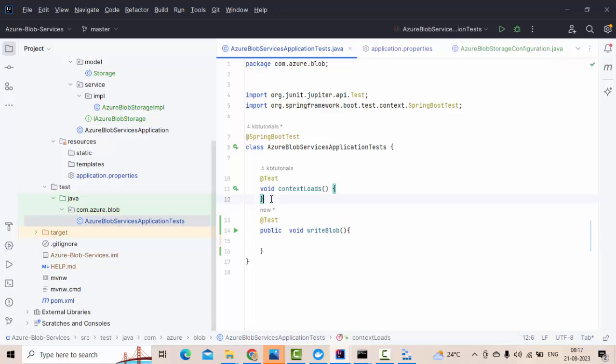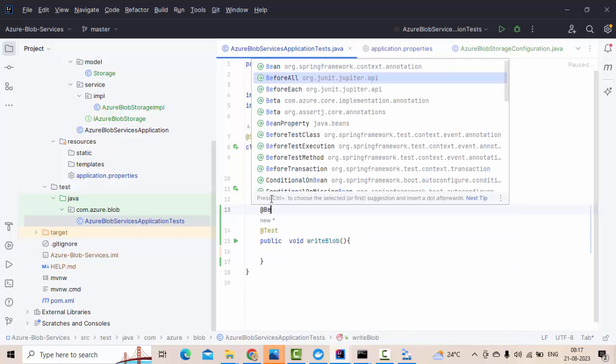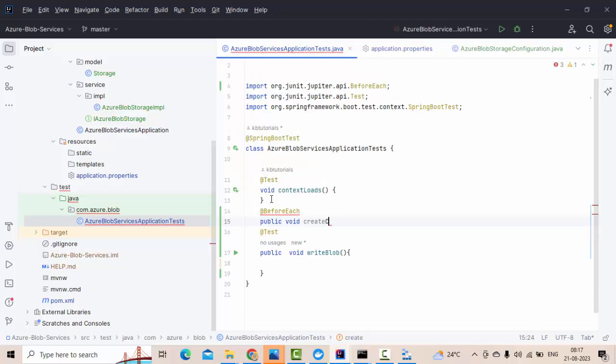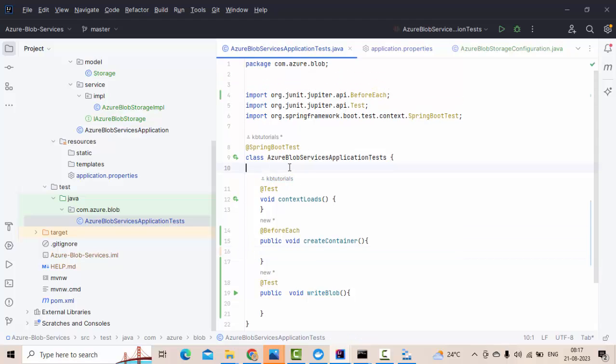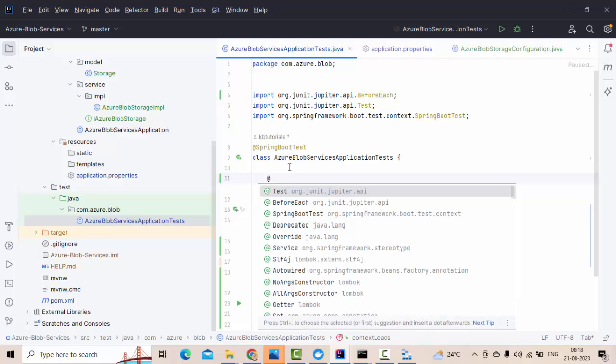So before that, what I will suggest is use before each to create a public void create container. As I said, you can create a container as well, right? Programmatically, that also you can do here. So first, what you need to do, there are a few items I missed out. I need to figure that out as well. So first,